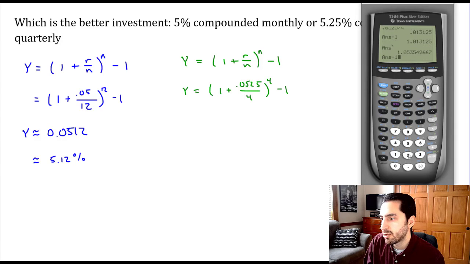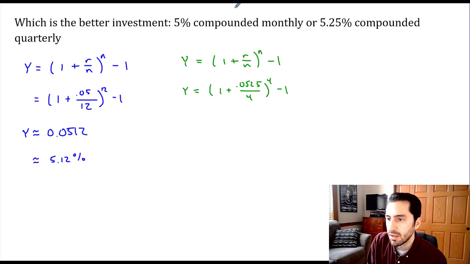And then we are going to subtract 1. So here's our effective annual yield as a decimal, 0.0535. So this is about 0.0535. So our effective annual yield as a percent multiplied by 100, we end up with about